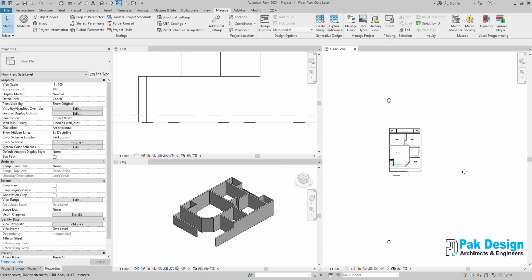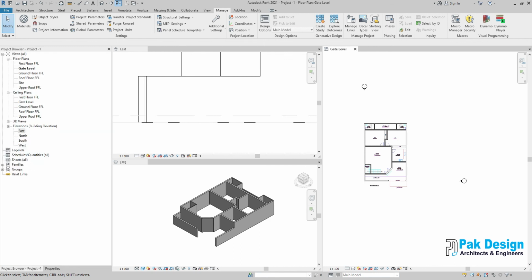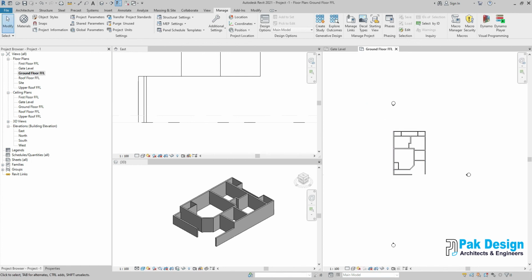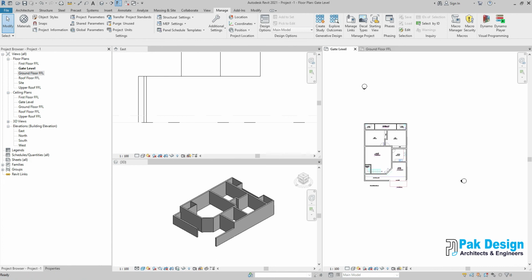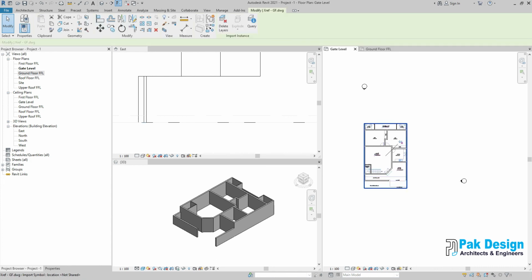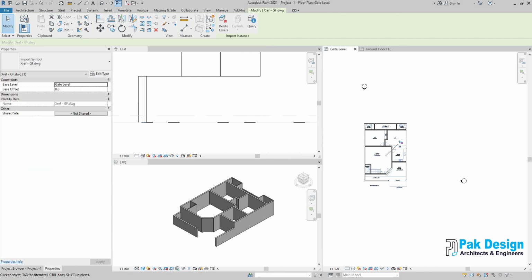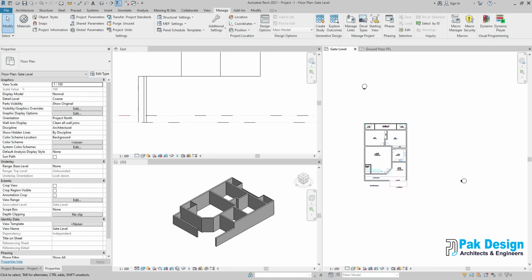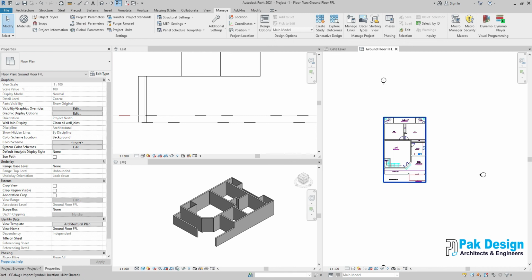Same thing what I'm going to do here. Okay, this level is the gate level. I'm going in ground floor. There is no link, I can't see the link here. What I will do here, I will click this one, because gate level is 300 below and ground floor level is 300 above. So our link is 300 below, meaning this is on gate level. So it's up to you, either put it 300 above or keep 0 and change the level from here. Now level is ground floor, so now you can see here, see it's here.